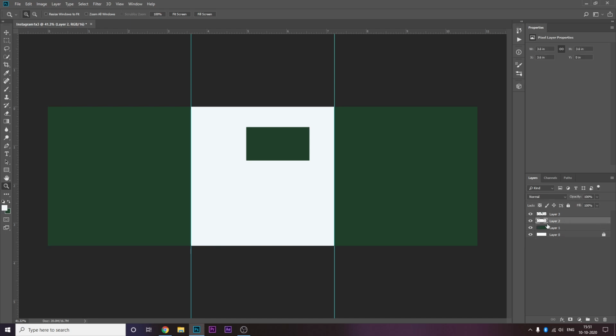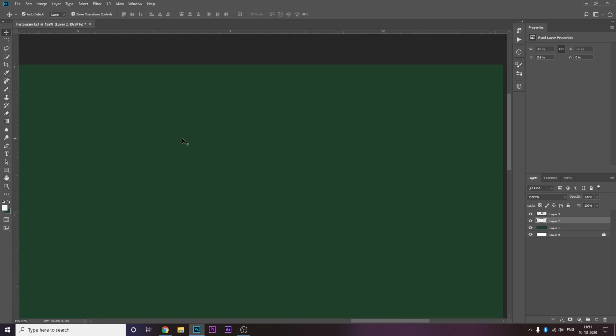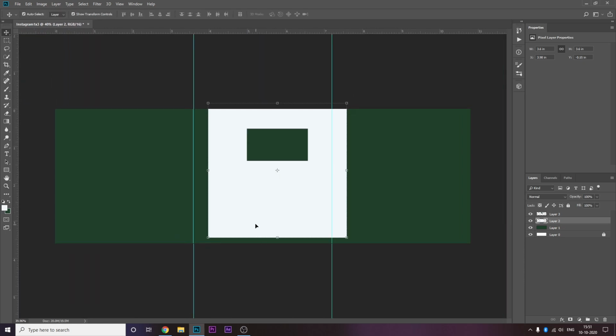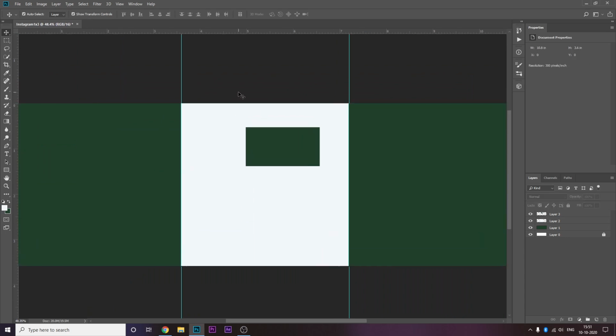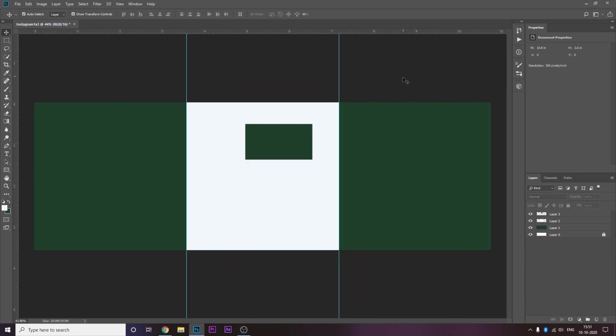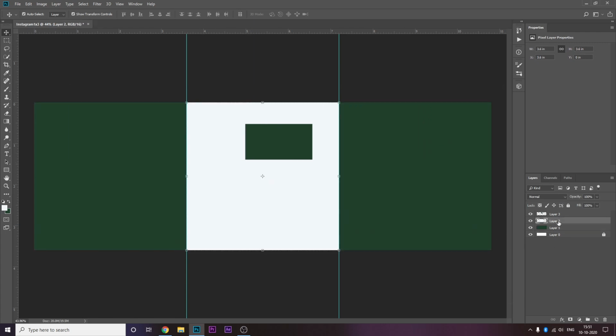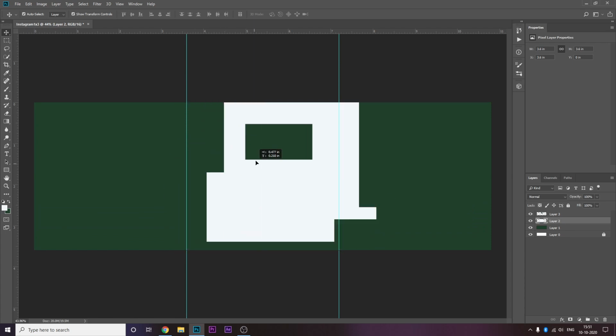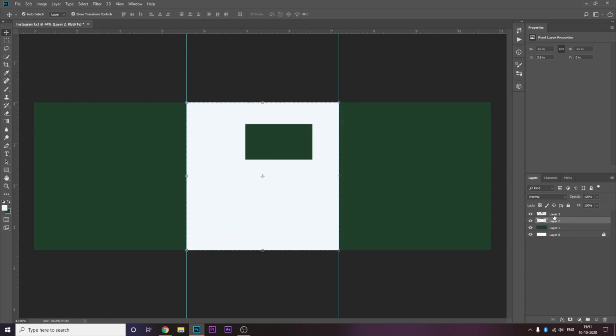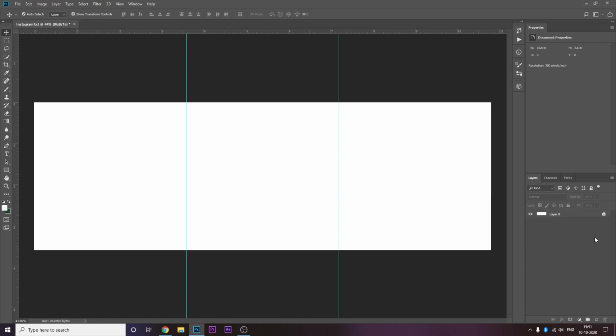So in layer 2, this side is empty, and this side is empty. Only this middle part is there. So I can only select this middle part. There is no other part to it. Similarly, in layer 3, I can only select this part. I'll delete this for now. I'll delete all of this.